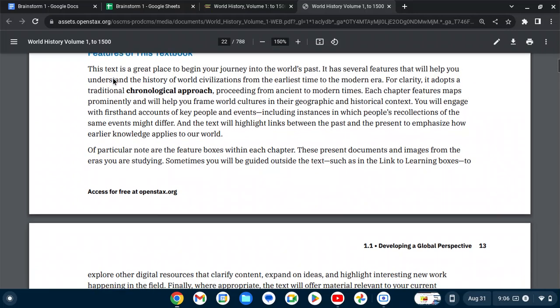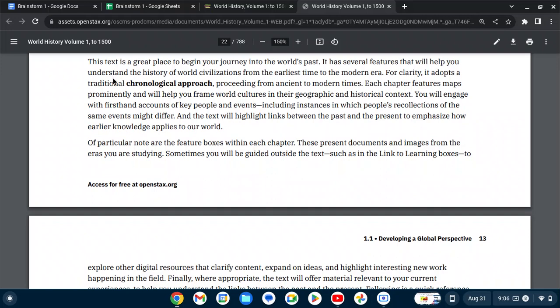Features of this textbook. This text is a great place to begin your journey into the world's past. It has several features that will help you understand the history of the world, civilizations from the earliest time to the modern era. For clarity, it adopts a traditional chronological approach, proceeding from ancient to modern times. Each chapter features maps prominently and will help you frame world cultures in their geographic and historical context. You will engage with first-hand accounts of key people and events, including instances in which people's recollections of the same events might differ. And the text will highlight links between the past and the present to emphasize